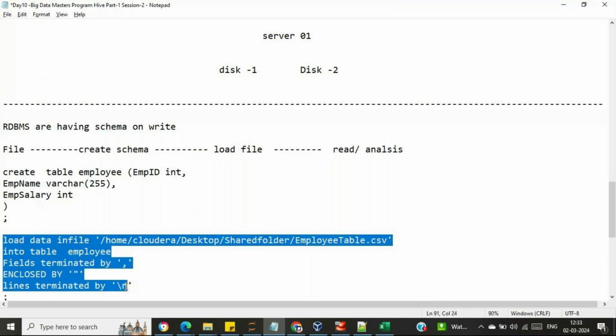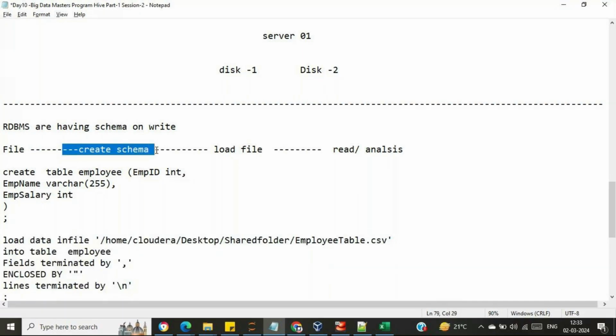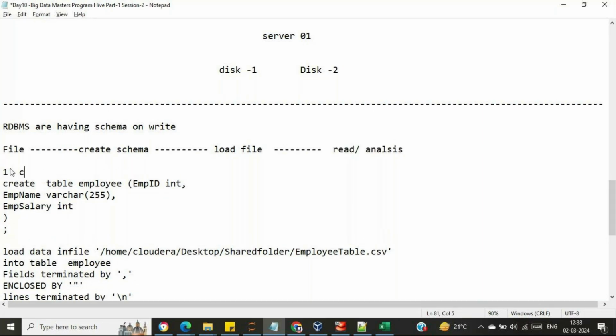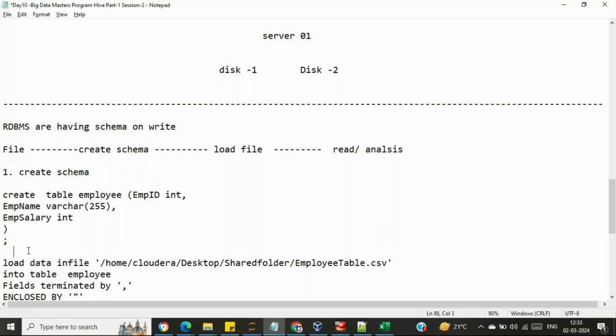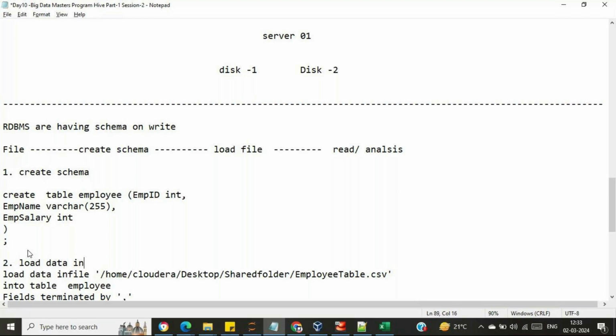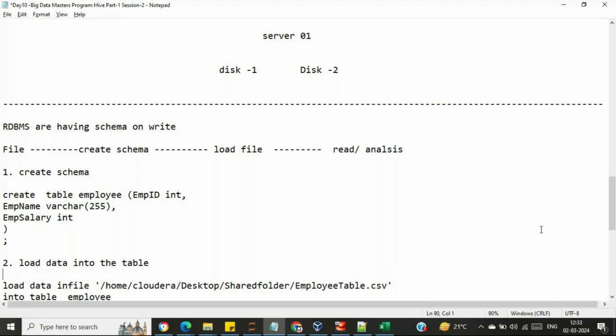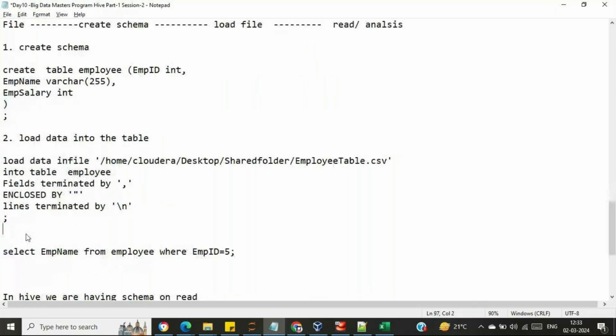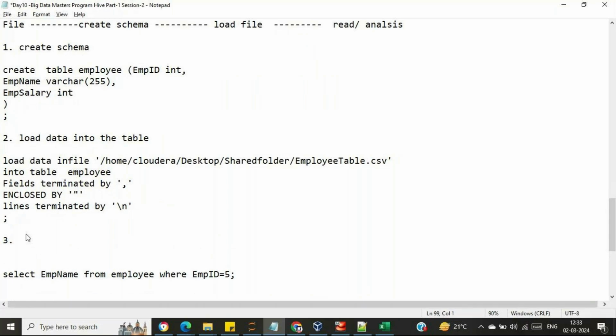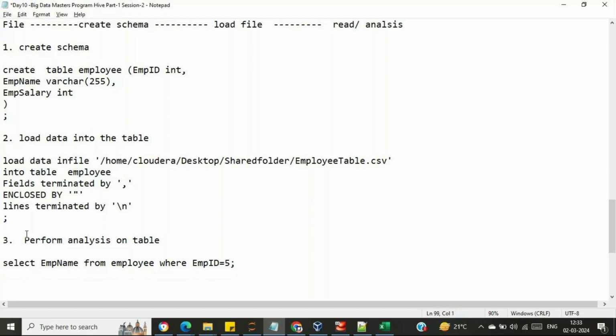So loading file is done after creation of the schema, and then you are going to perform the analysis. So the first step is create schema. Okay, second step is load data into the table, and third one is perform analysis on table. Okay, so these are the three steps what we are having inside the RDBMS once we are performing